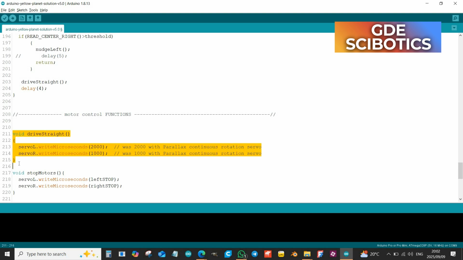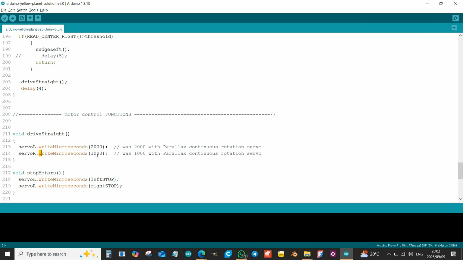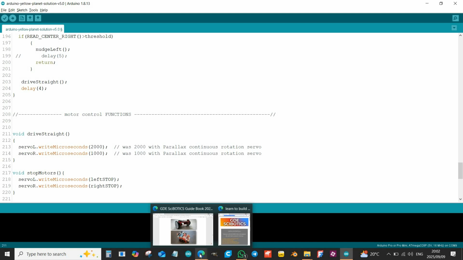So if we look at this code here, void drive straight, you'll see there's a call to servo left and a call to servo right, with an instruction to write microseconds, and the value given is 2000 there, and write microseconds 1000 here. Now I'm not going to go into a lengthy explanation about these servo motors that are used on the robot. Suffice it to say that there's an entire